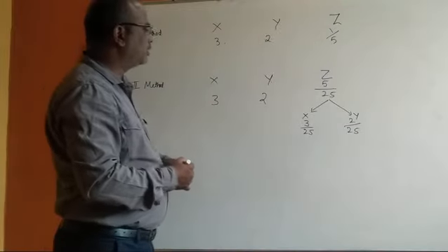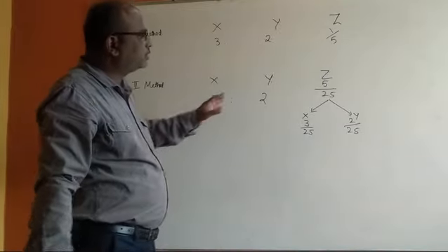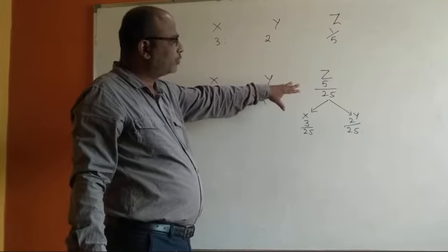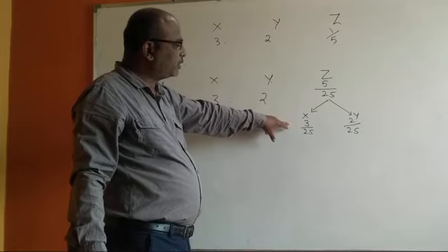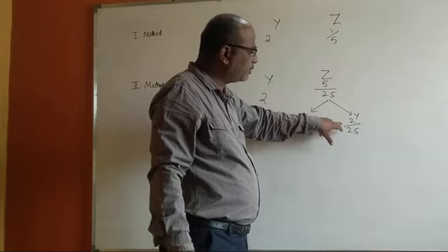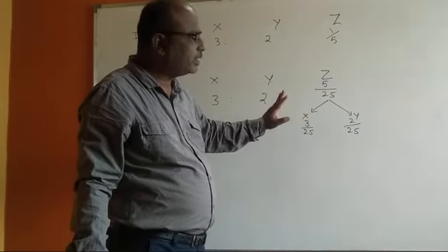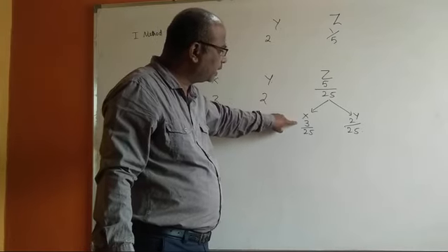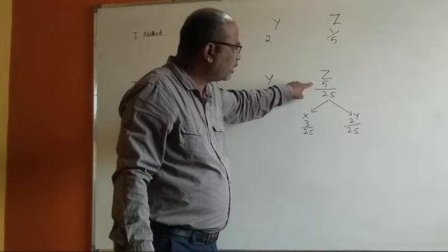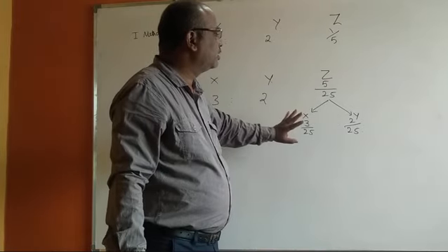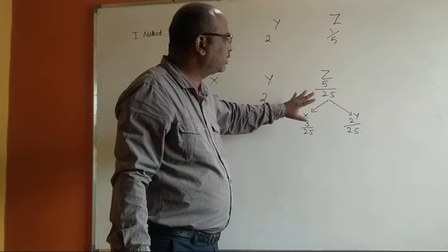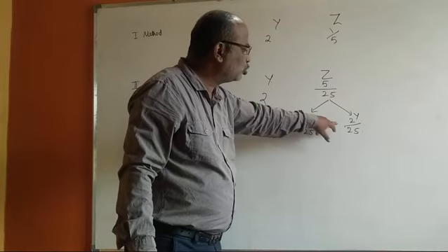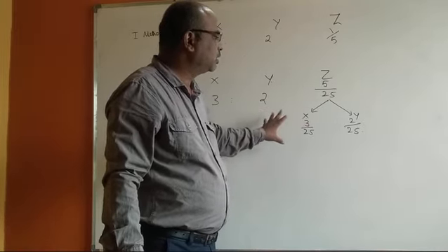So in the second method, it is clearly mentioned that Z has to obtain 5/25. His share is 5/25, out of which he will obtain 3/25 from X and 2/25 from Y. It is calculated and given that he should obtain 3/25 out of 5/25 from X and 2/25 out of 5/25 from Y. So here you need not calculate further. You are just supposed to subtract 3/25 from X and 2/25 from Y. So this is second method.